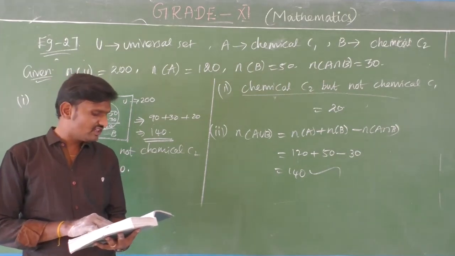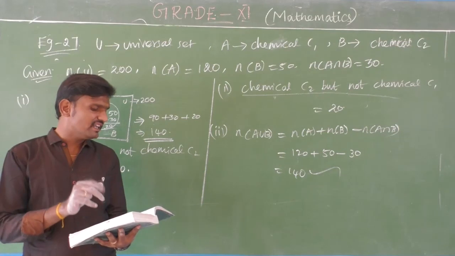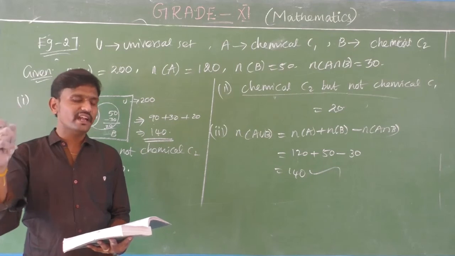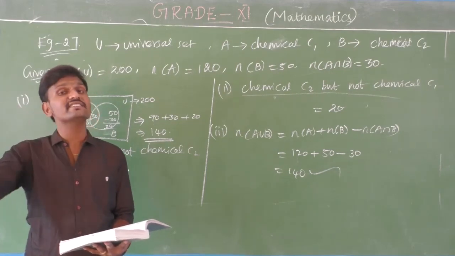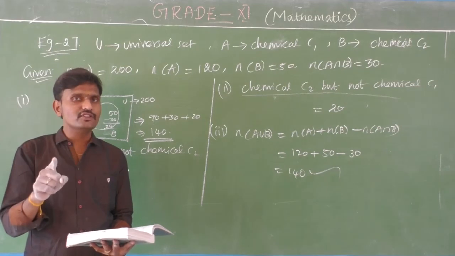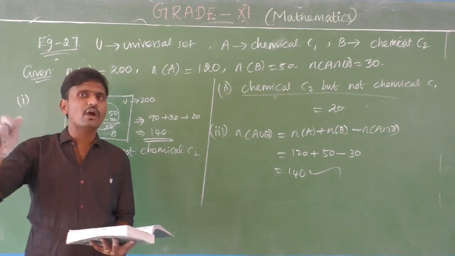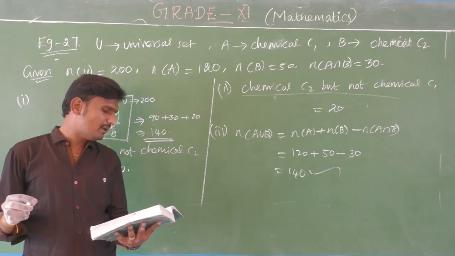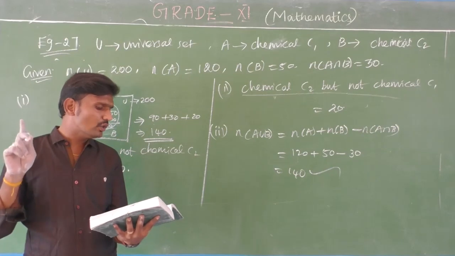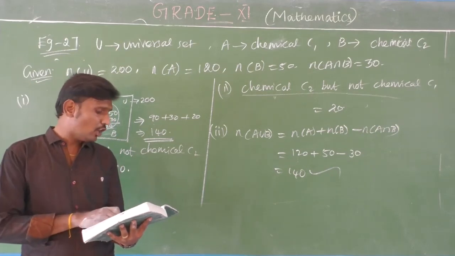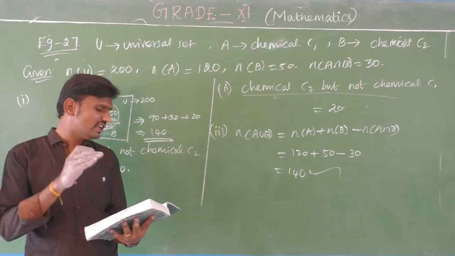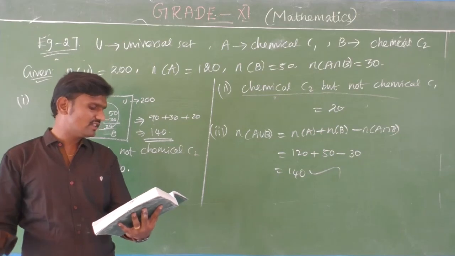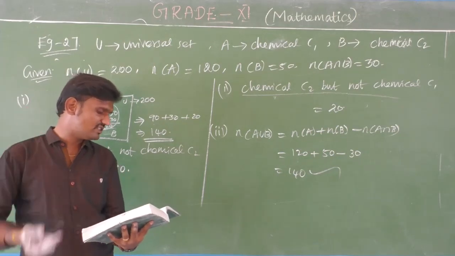The second question is also the same pattern, but they are not giving the number of elements n of X, n of Y. Instead, they say X union Y has 18 elements, which means n of X union Y equals 18. Then the third question: in a group of 400 people, 250 speak Hindi, 200 speak English. How many people can speak both English and Hindi? So the intersection we need to find. The fourth and fifth are the same as the second one.